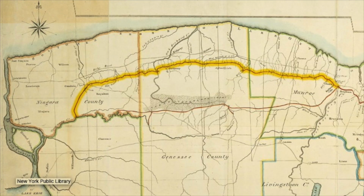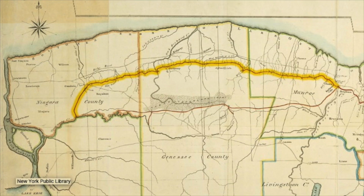The northern route followed the coastal plain of Lake Ontario, skirting the northern edge of a geological feature that today we call the Niagara Escarpment. There were two problems with this one, too. First, at some point, the canal would have to cross the escarpment, which in those days was called the Mountain Ridge. Second, south of the ridge, the altitude of the surface in some places reached about 27 feet above the